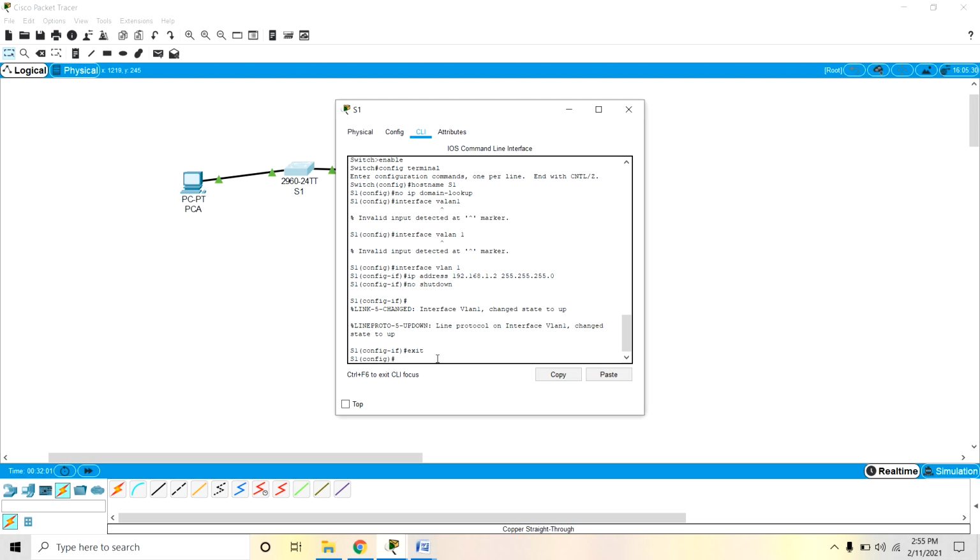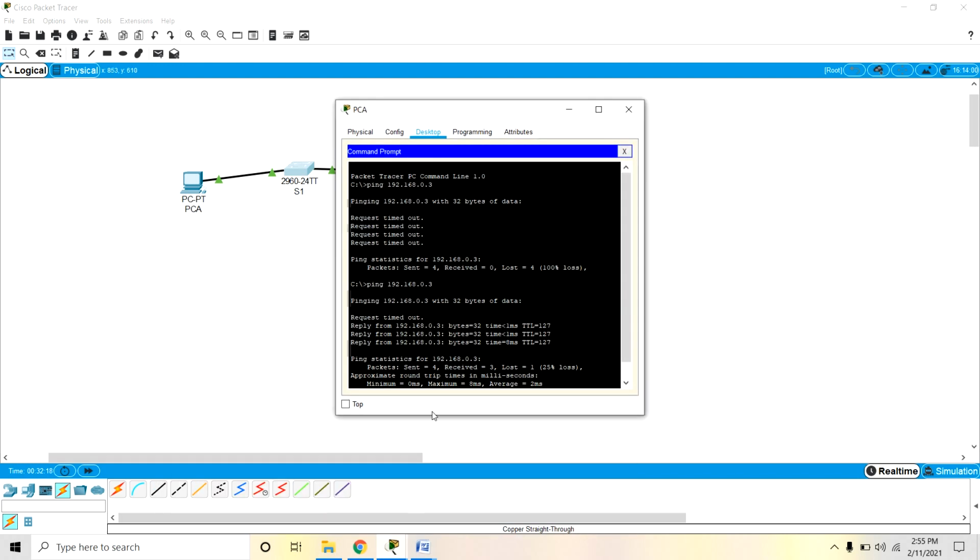And now save the configuration. Save the running configuration to the startup configuration file. Verify the end-to-end connectivity. Okay, and from PCA ping PCB. You have already seen here from PCA.